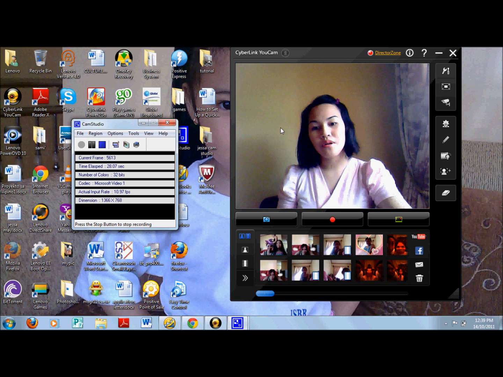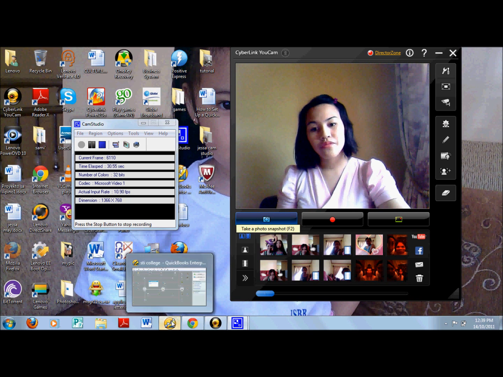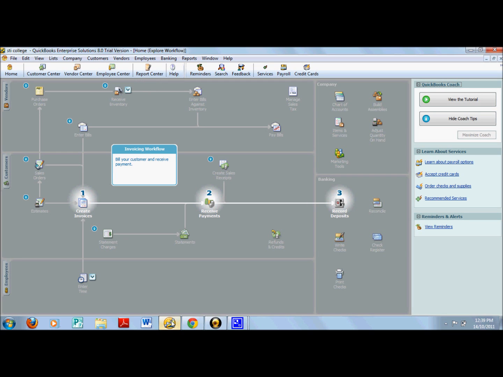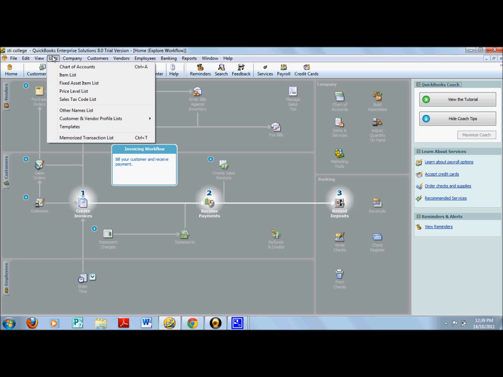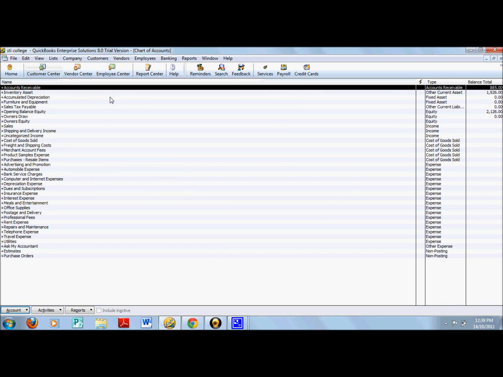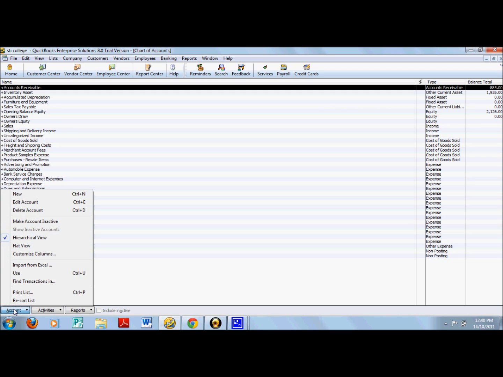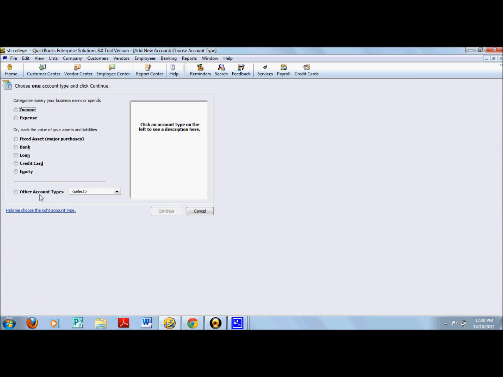Check this out. So let's go to QuickBooks, choose List. Display the chart of accounts window. So choose the chart of accounts. To create, click the Account button at the bottom of the window. QuickBooks will display a new account menu, or you can press Ctrl N